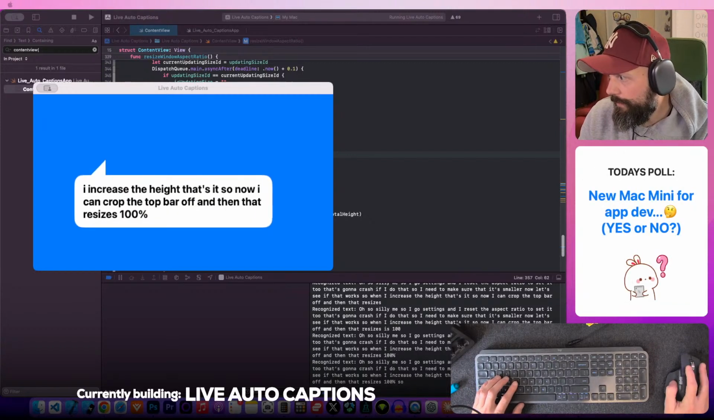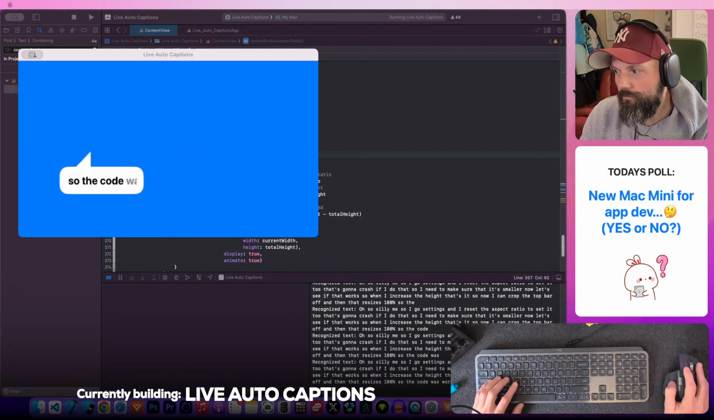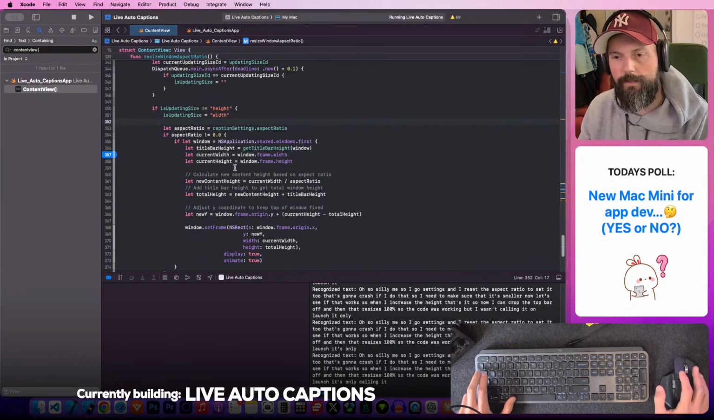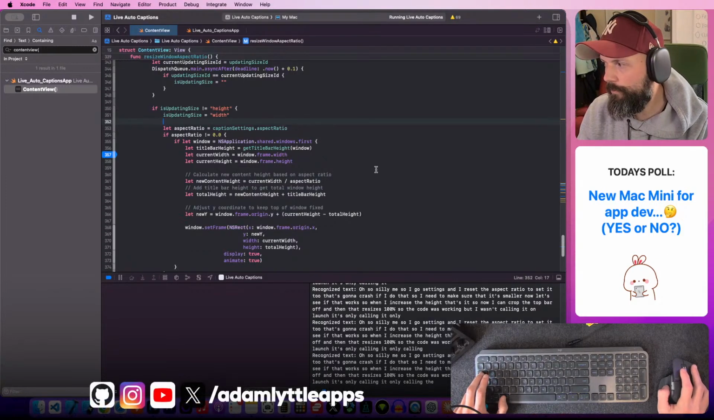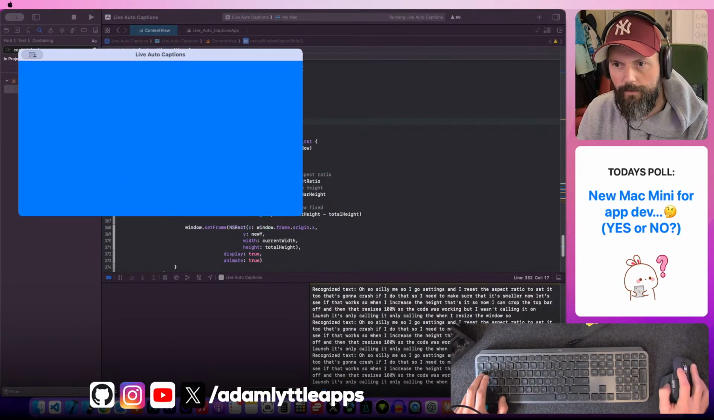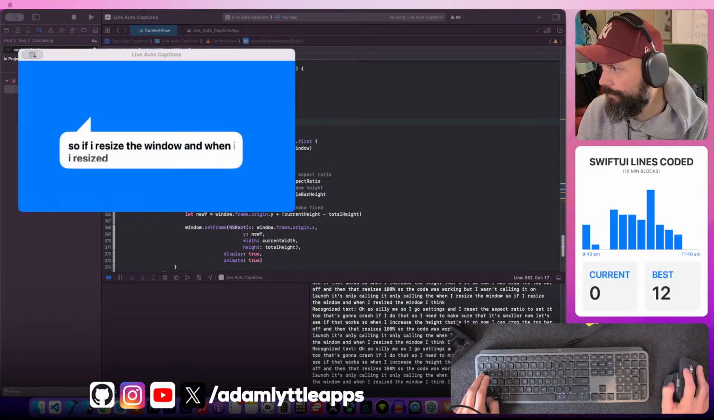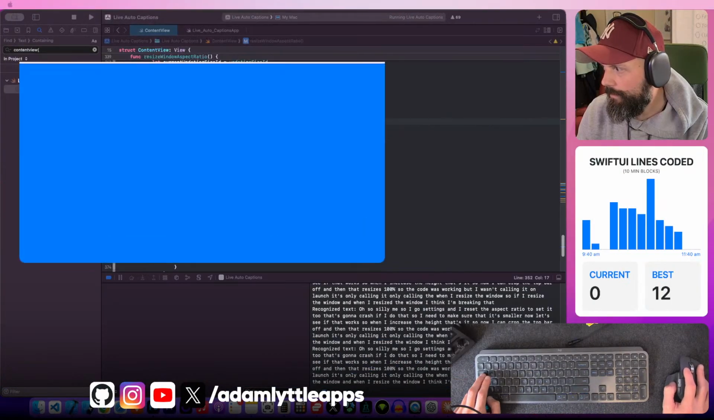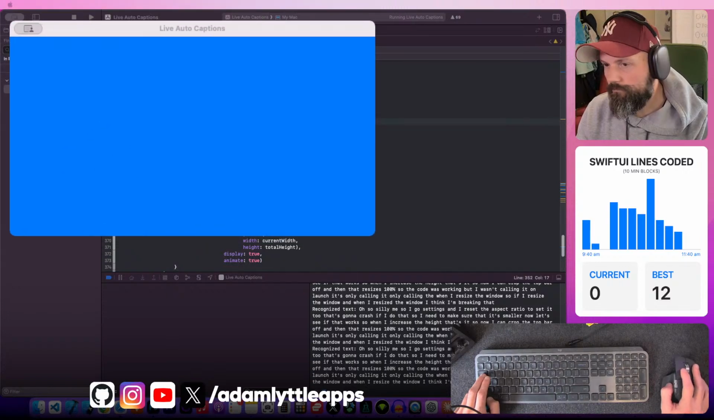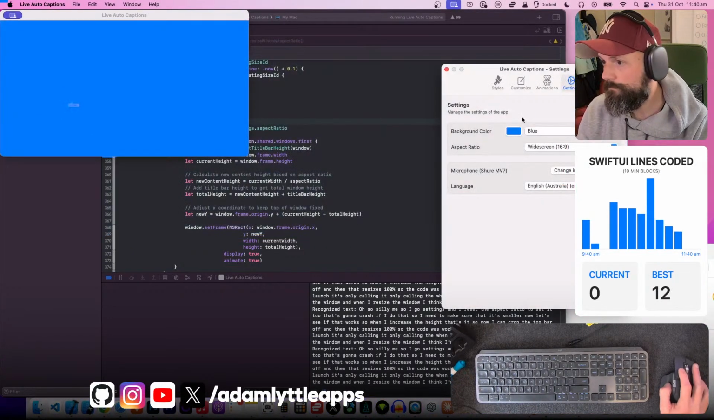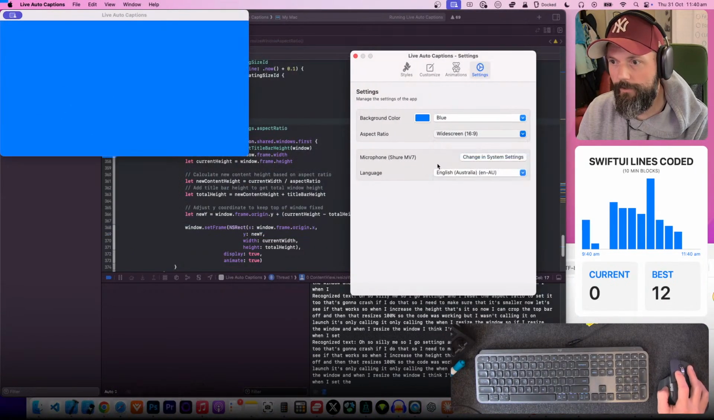So the code was working, but I wasn't calling it on launch. I was only calling it when I resize the window. When I resize the window, I think I'm breaking that code. Yes. So when I set the aspect ratio,